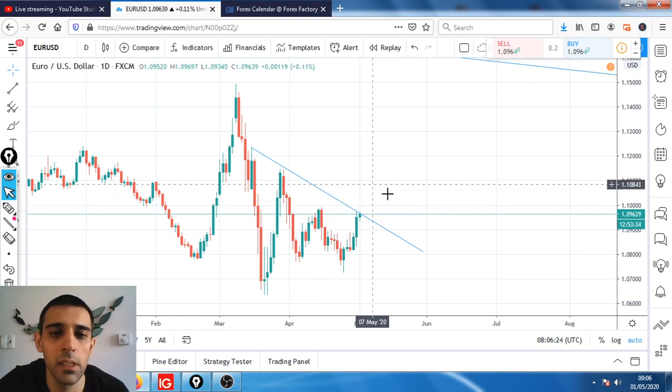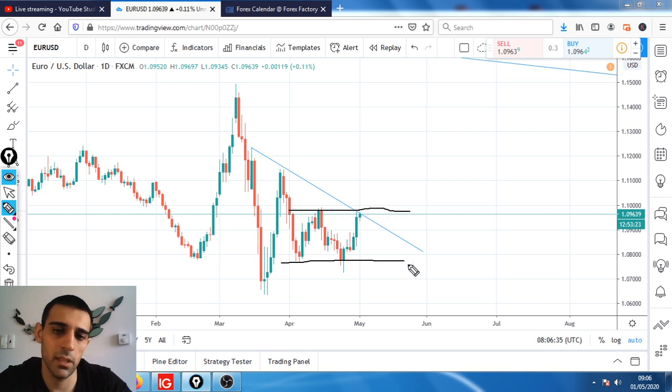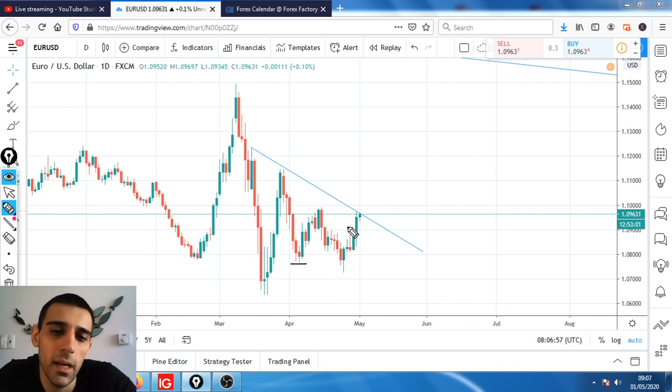So for now, the price is in this range up here. So we've got this range, excuse my drawing, up to this. It's just a matter of whether the price is going to break this area or not. So far it looks strong, but last time it came up in here it also looked strong, but then we can see that it did reverse and went down, took out this low, and now it's coming up for another test. So the chances are it can break this area in here.